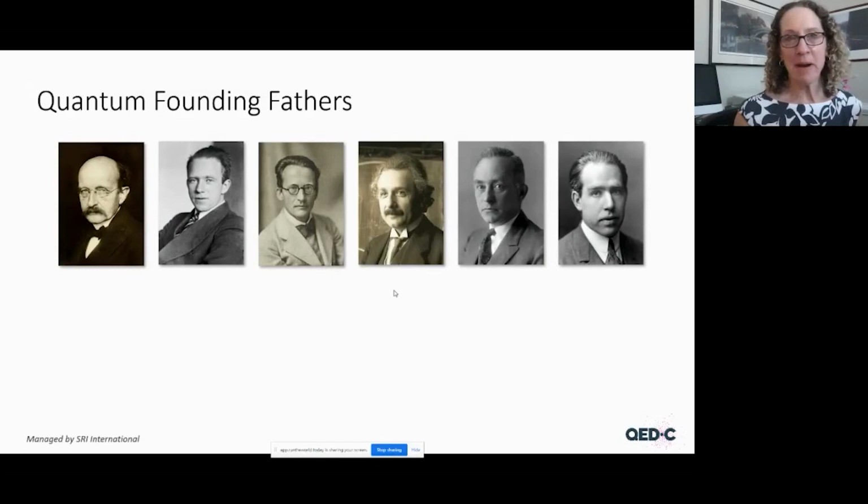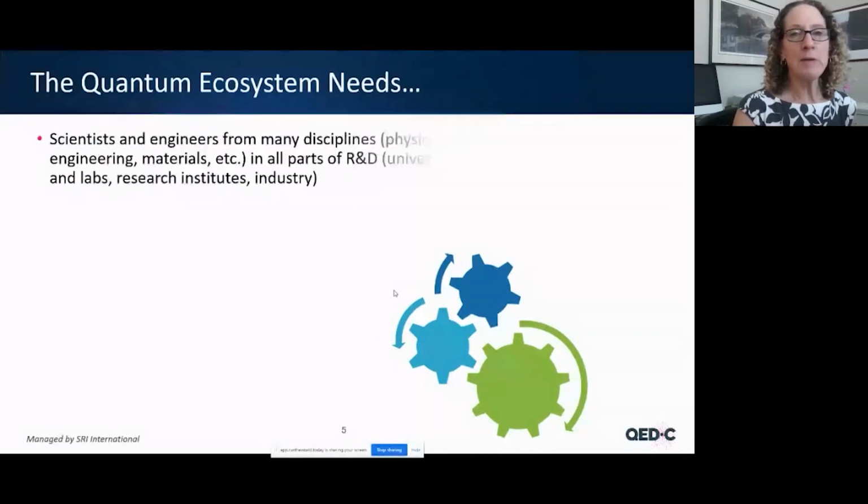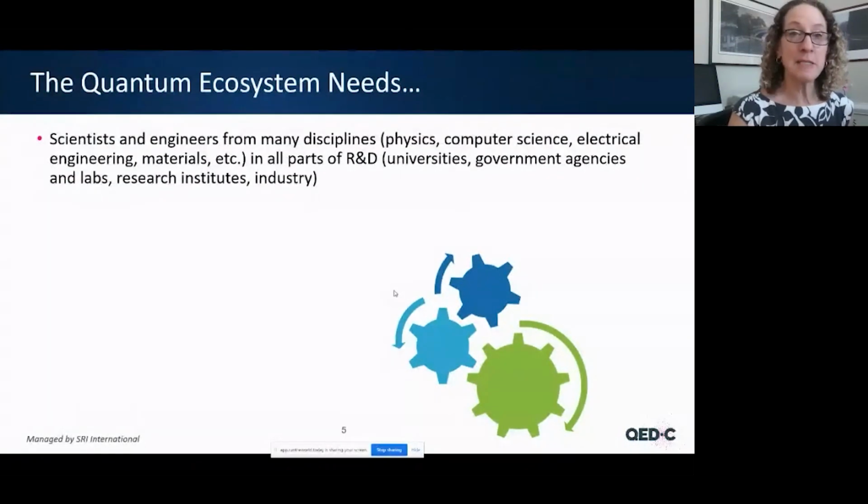And I'll just end by pointing out that quantum is not all that new, even though we think of it as sort of a shiny new thing. These are some of the founding fathers of quantum. And guess what? They're all men and they're all physicists. But they were great thinkers, and they laid the groundwork for what we're really experiencing today, over 100 years ago. You can even buy, I found out, a t-shirt or a sweatshirt with the founding fathers, some of them shown on it. So I would say what the ecosystem needs is not just physicists and not just men, but scientists